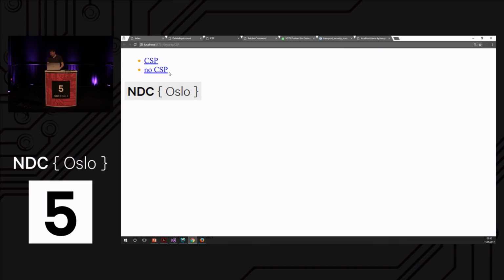Now, let's try this out. So I click on the CSP link, and if you look very closely, bottom left, you see that CSP=1 is appended to the URL, okay? So when I click on there, what I get is a pop-up saying external. Oh, wait a minute, wasn't there inline before? Very weird. Let's have a look at what that's about. And then we see, well, the image is still there, but my beautiful orange color is gone too. So the inline alert window didn't show up, and the color is gone.